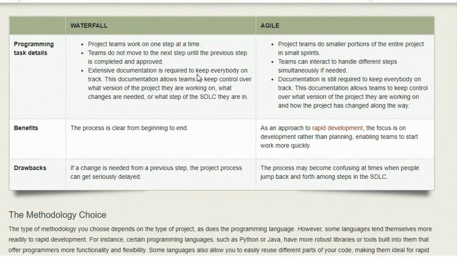Extensive documentation is required to keep everybody on track. Everyone's logging what part they're building. This documentation allows teams to keep control over what version of the project they're working on, what changes are needed, and what step of the life cycle they're in. The benefit is that this is very clear from beginning to end because you're building it section by section as you go through the program. The drawback is if a change is needed from a previous step, then your process can